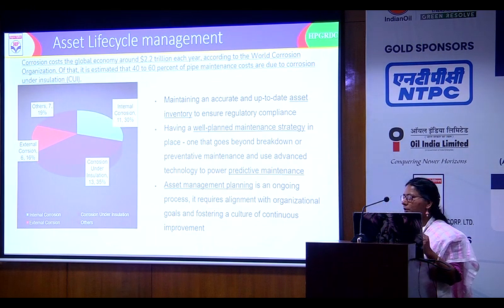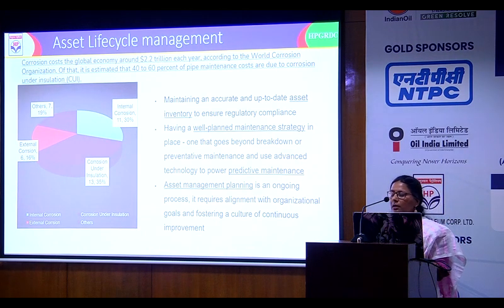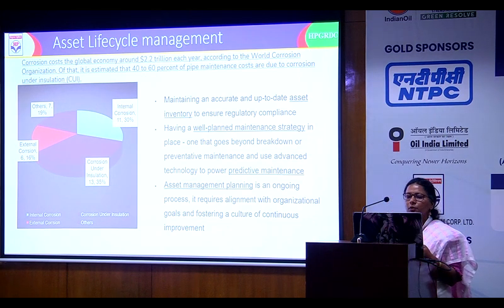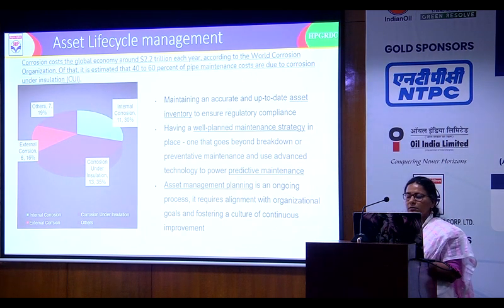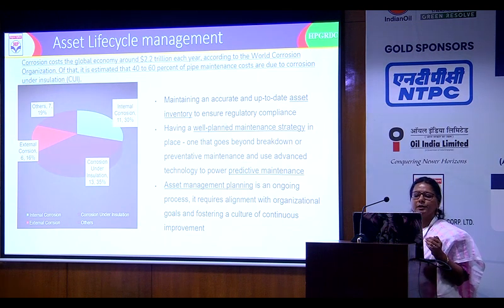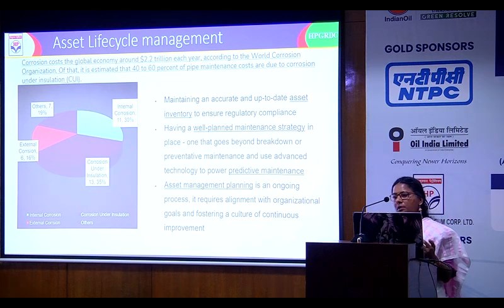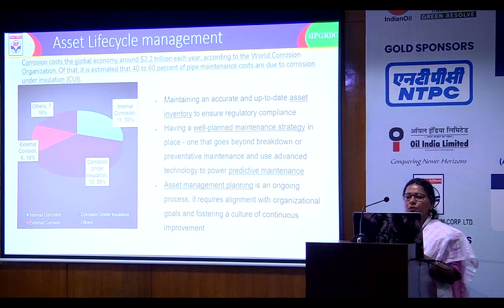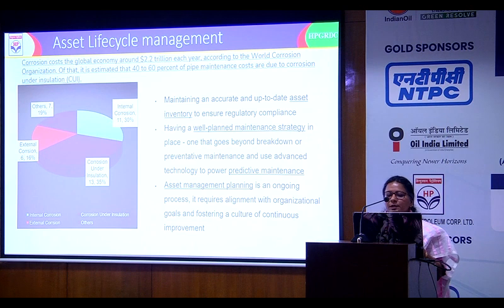And one of the damages which are unseen or unknown, like we don't realize, those are external corrosion damages, that is corrosion under insulation, and it accounts for around 20 to 30% of corrosion. So if you look at this plot, this is an interpretation of the pie chart from our refinery. If you see here, corrosion under insulation accounts for almost 35% of the corrosion or deterioration in the material. So before you have corrosion management in place, it's important to have our asset integrity in place, and the management strategy has to be there.